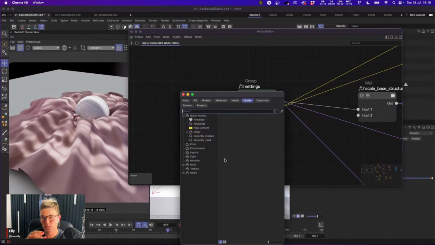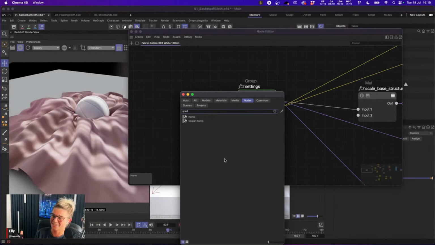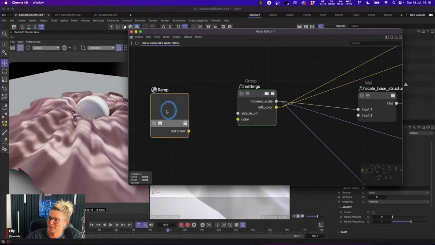gradient, which I think is what it might be called in Blender and Octane. I think they're referred to as gradients, and I think the node itself is called a gradient. So if we actually search gradient, what's funny is we don't get anything titled gradient, but we do get a ramp. And the ramp is actually the node that we need to create a gradient. So Redshift is trying to help us out here. It's trying to say, oh, okay, you're searching for a gradient. Here, use a ramp. So if I drag and drop a ramp into here,